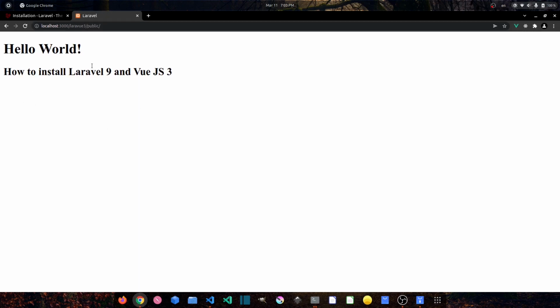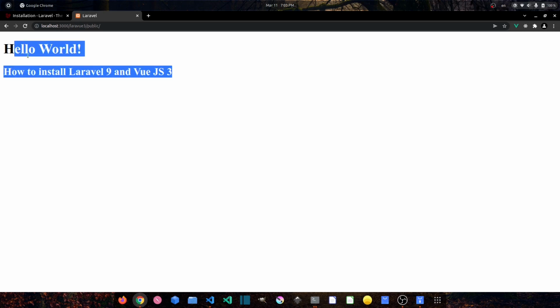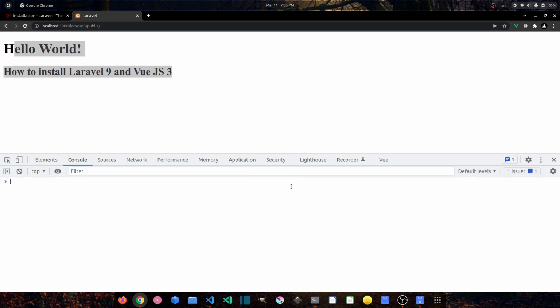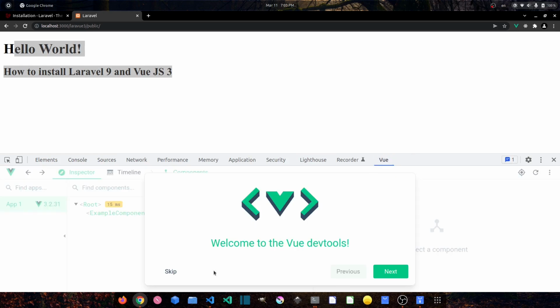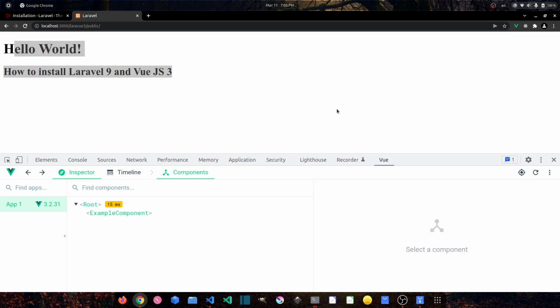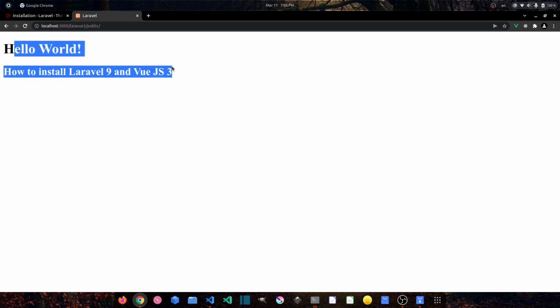and as you guys can see, our component is working just fine. And if we inspect the elements and go to console, you can see we don't have any errors, and if we check the view, you can see we have this example component loaded. So guys, this means our Vue.js version 3 is working just fine,